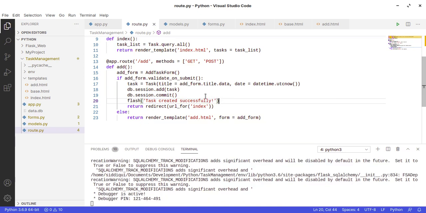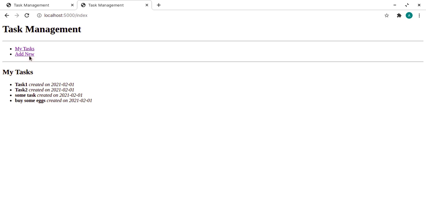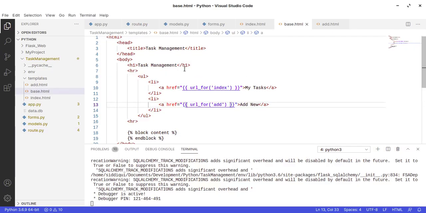Okay, and then now we insert a message here. Then in order to display it, because this message is going to be displayed on all the functionalities, edit, delete, everything, so I will do it in the base so that every HTML template will have it. So in the base template, what I can do is